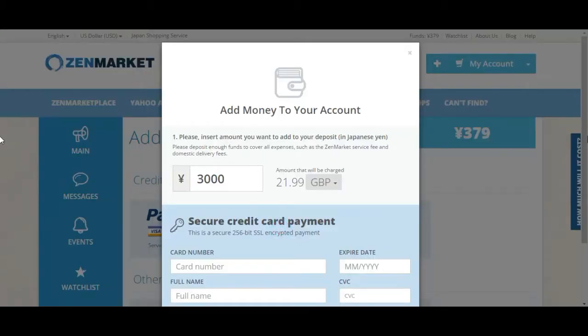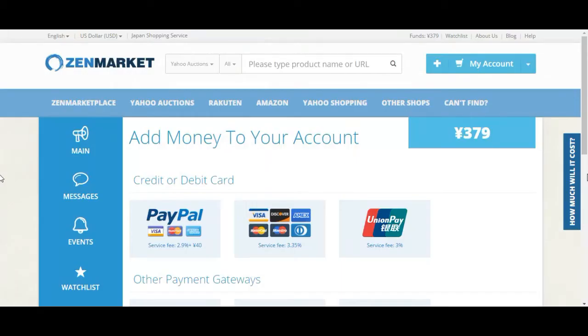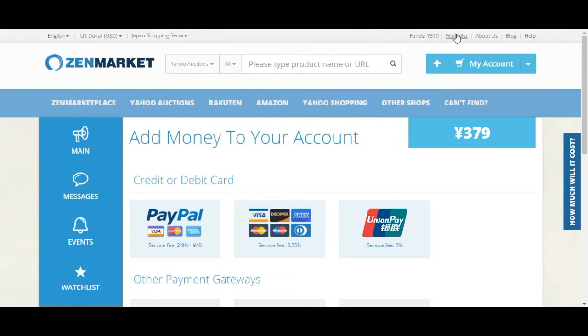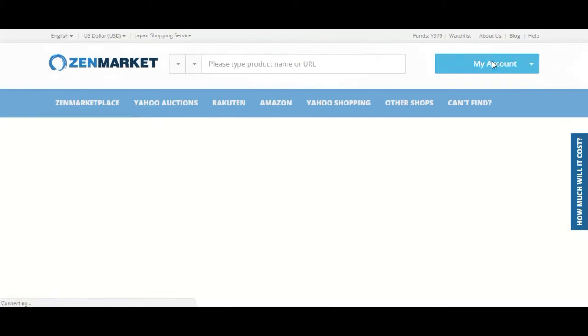And then the same with your card, it's the same method. You just need to put in your details and you're good to go. And watch list, I'll not look at that yet because this comes under my account as well. So if I click on my account,